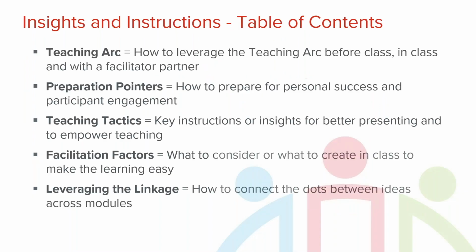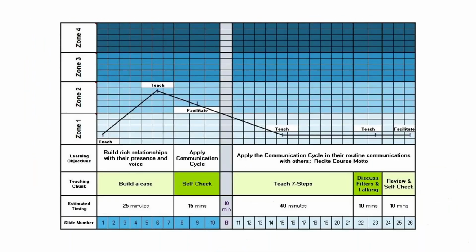So from an insight standpoint, remember we always have that teaching arc. And looking at the teaching arc, as I mentioned before, that front section of we build our case for the importance of listening is really heading us into just zone 2. Not a lot of distress, but starting to get people really thinking about, like, okay, how do I show up? What is my presence like? How was I impacted by others when they really shown up for me?